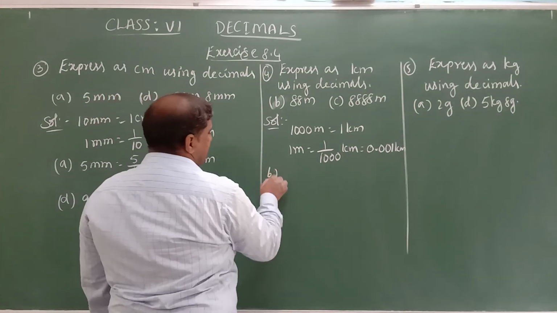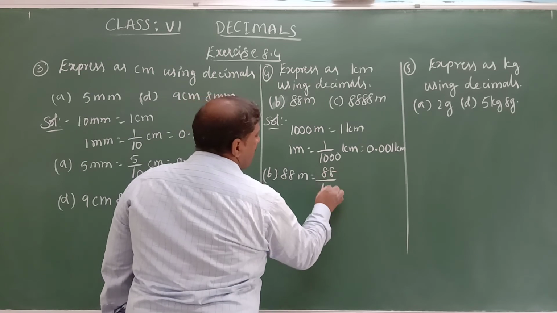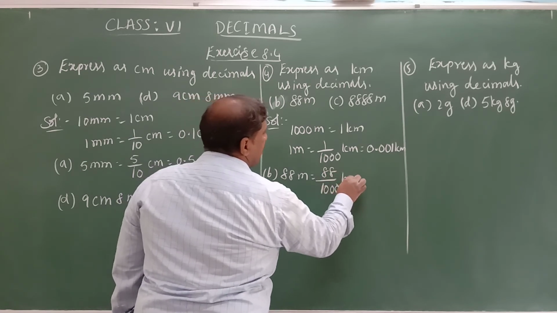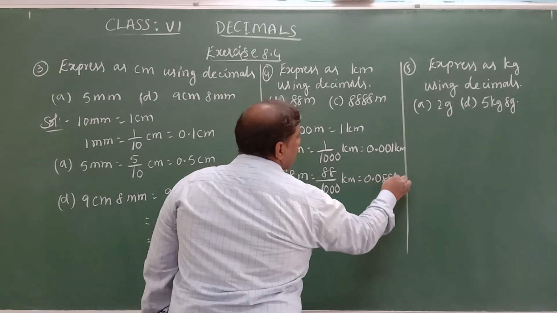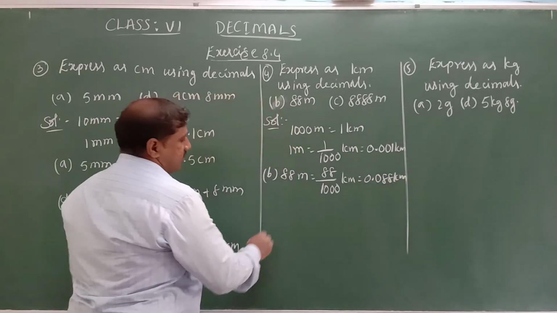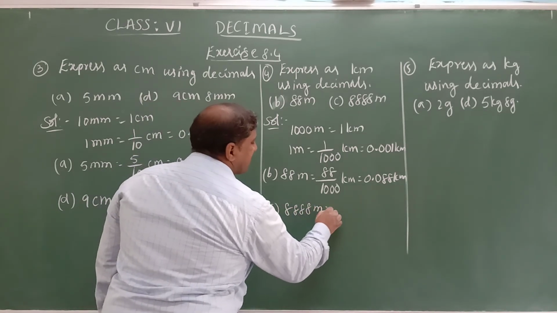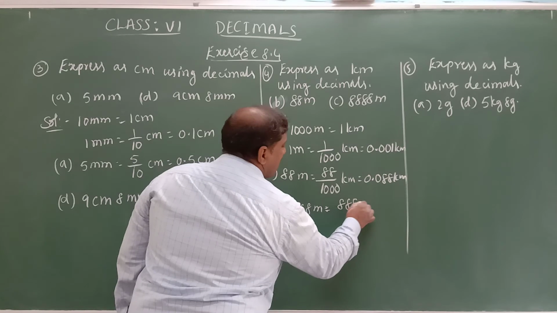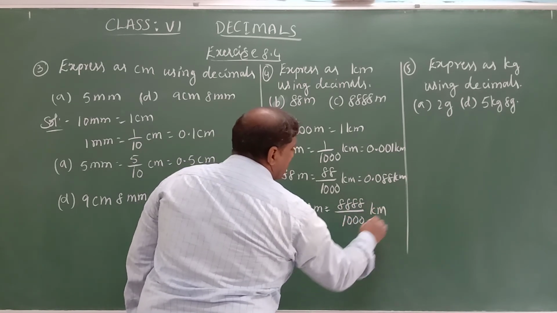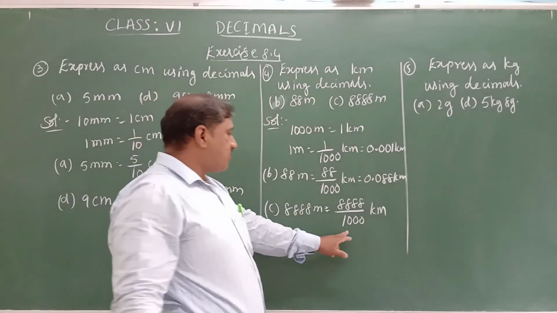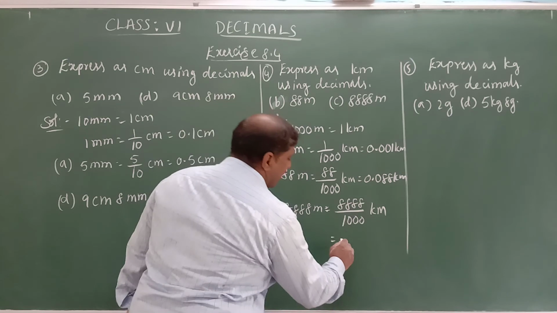Now the B bit, 88 meters is equal to 88 by 1000 kilometer, that is 0.088 kilometer. Now the C bit, 8888 meters is equal to 8888 by 1000 kilometers. We have 3 zeros, so keep the decimal point after 3 digits, 1, 2, 3, that is